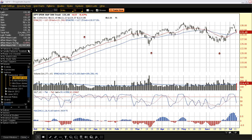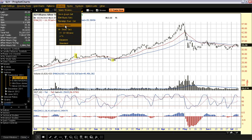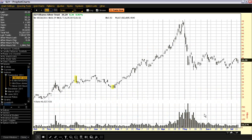All right, so what I'm looking at is SLV. Now, Chris mentioned SLW. What I like about SLV is, let me take away the studies here. We presented to you guys that silver was in some kind of a box range, but here's another way of looking at it: what if this is a triangle? It actually fits nicely in a triangle, especially today, where recently, last week, it broke outside of this triangle,